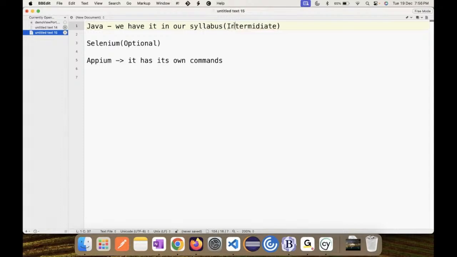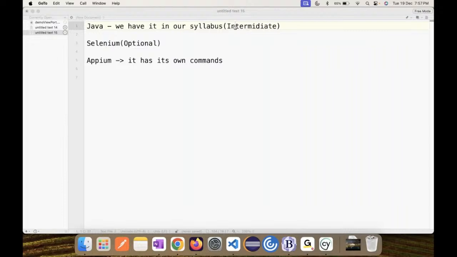You'll ask me a question. To answer Manogaran's question, only core Java is enough for mobile. Obviously, it's enough actually. We are not going to build an application. We are going to test an application. So to test an application, a basic level of understanding of how to use it and where to use it should be very well sufficient.